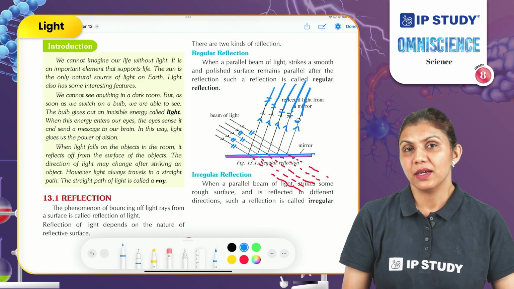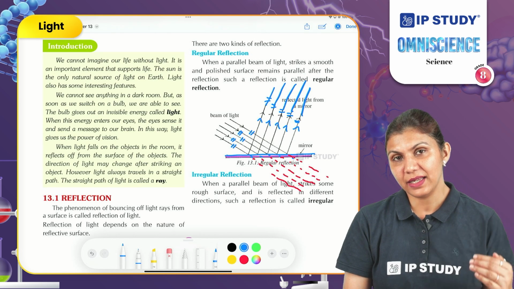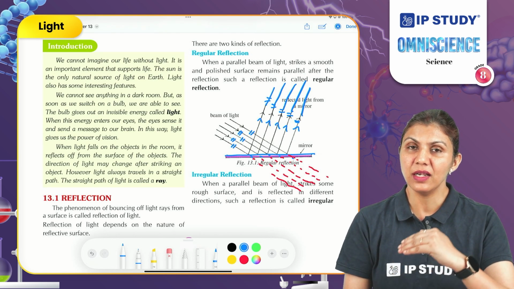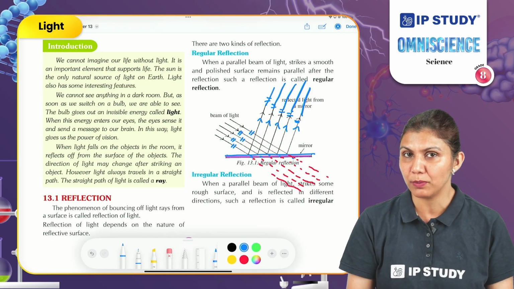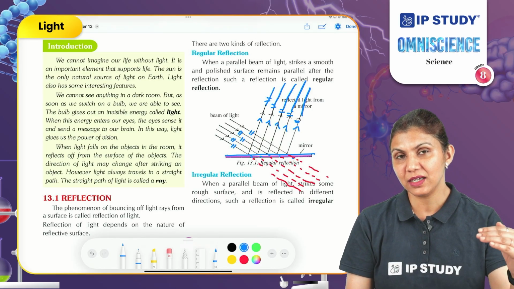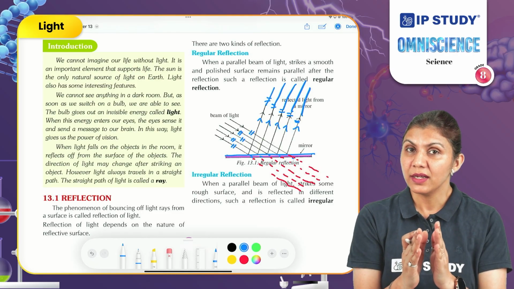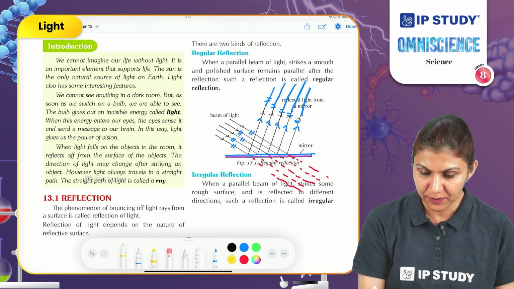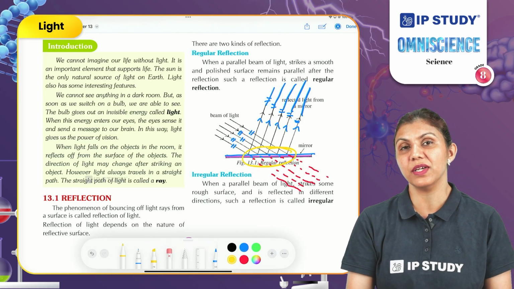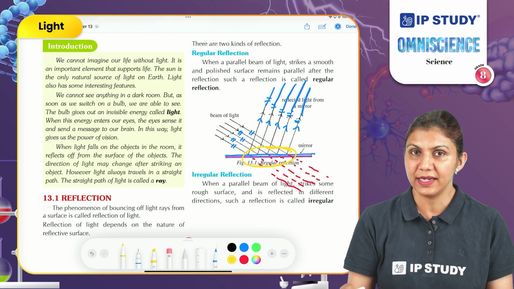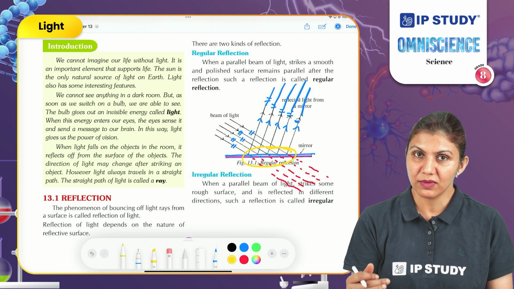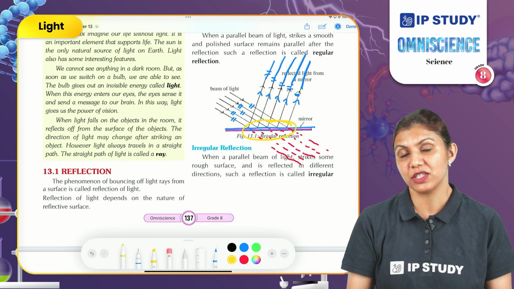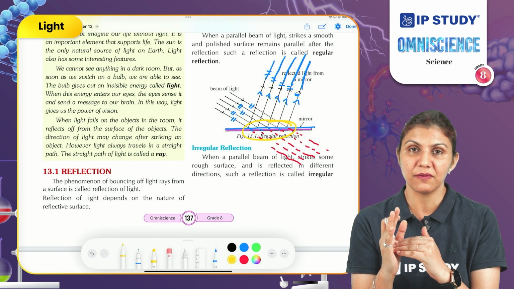If you notice, these are all parallel to each other. So, in this case, when any light beam interacts with a very smooth or shiny surface, it will follow the same pattern of propagation. Means they will follow a rectilinear path and all will be parallel to each other. At the same time, you will see a glare on the surface of the object where light rays are interacting, which can be visible as a shine or bright glare. What if any object which is placed in the path of a light ray has a rough surface?